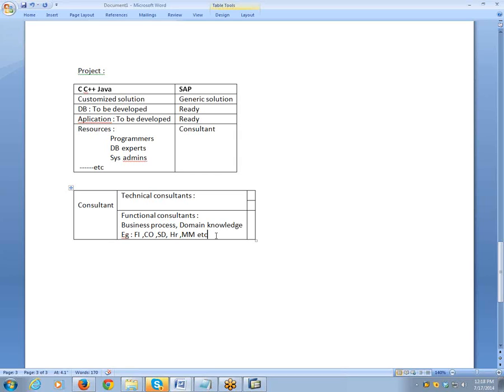For an FI consultant, he must be knowing all the various firms, how they go about their process. Domain knowledge is the knowledge associated with a particular trade. For example, if you want to become a financial consultant, you need to have knowledge in financial accounting. If you want to become a CO consultant, you need to have knowledge in cost accountancy. CO stands for controlling, and it is a cost accountancy tool, costing